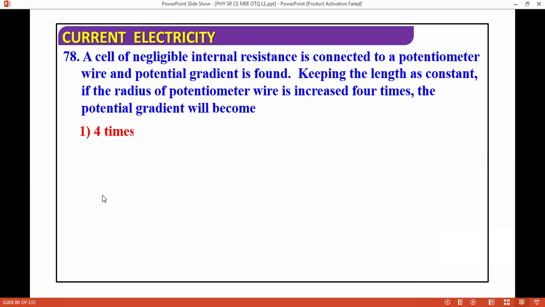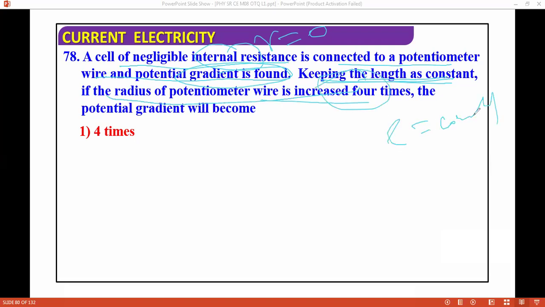This question: a cell of negligible internal resistance, so internal resistance is zero, is connected to a potentiometer wire and the potential gradient is found. Keeping the length constant, if the radius of the potentiometer wire is increased four times...